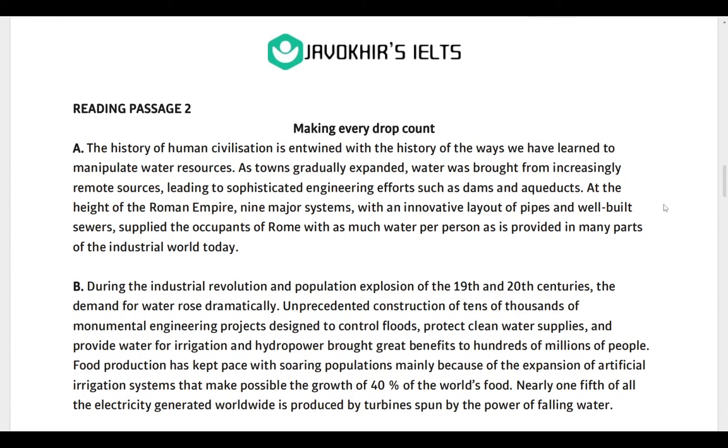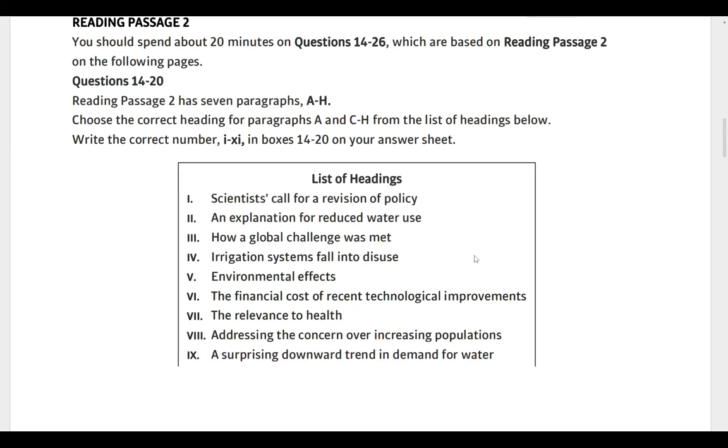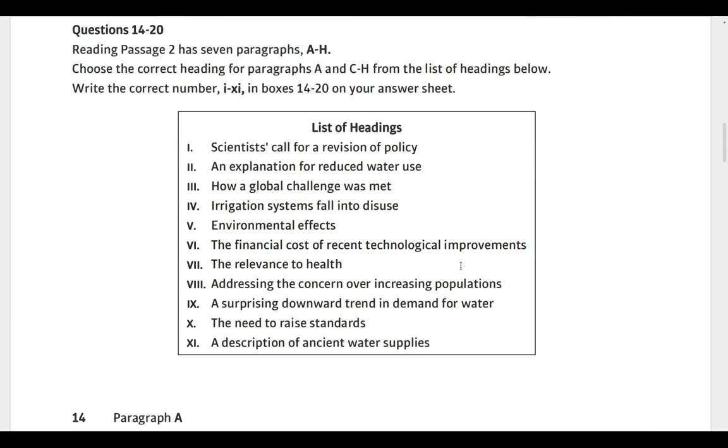Passage number two. When it comes to passage number two, what we have to understand is that it could be either argumentative or descriptive, meaning there's a person that literally read a magazine or maybe a journal or an article and just took all those chunks and made a passage for us to solve using these kinds of questions as well. So for the first one, we have